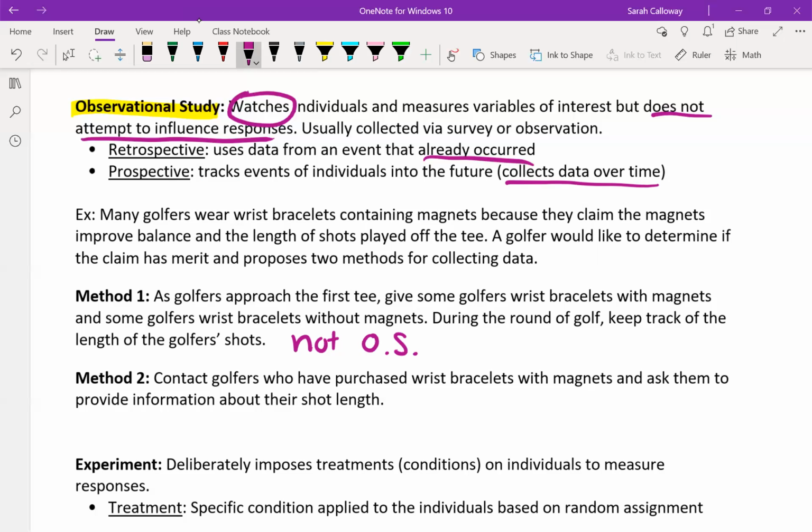And then method 2, contact golfers who have purchased wrist bracelets with magnets and ask them to provide information about their shot length. So this is an observational study. If we think about it, since they're asking them about their shot length because they've previously purchased, this is a retrospective